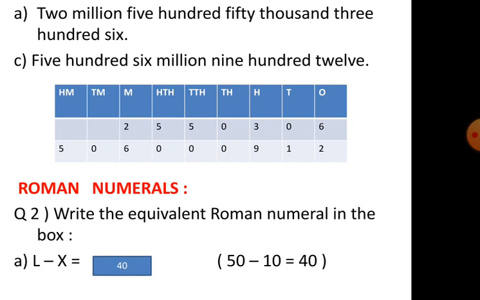Okay, we'll start now Roman numerals. This also we had discussed in our large numbers chapter. In Roman numerals, I stands for 1, V for 5, X for 10, L for 50, C for 100, D for 500, M for 1000. We had discussed this, which is why I have not written it here. We had also discussed the rules. Now, in your book, 2 rules are given. There is X when written to the left of L or C.